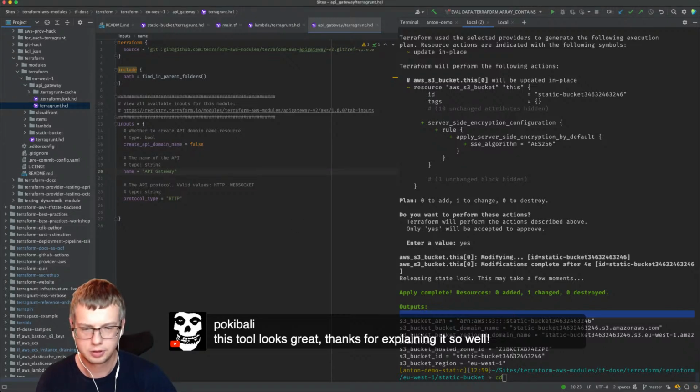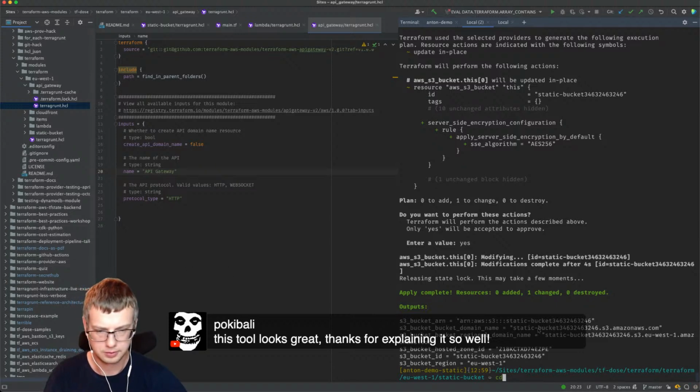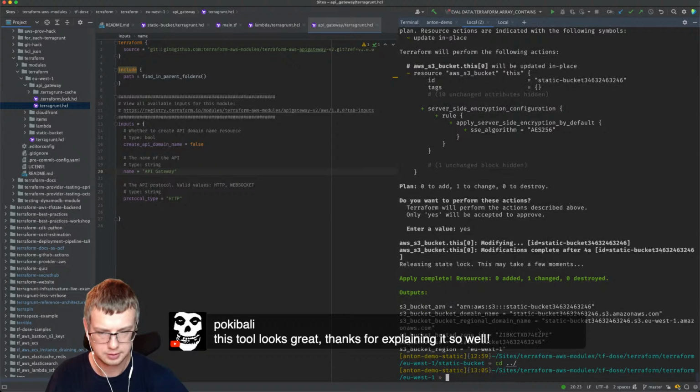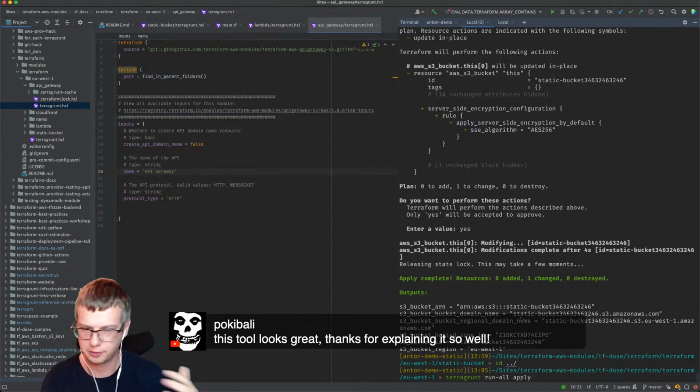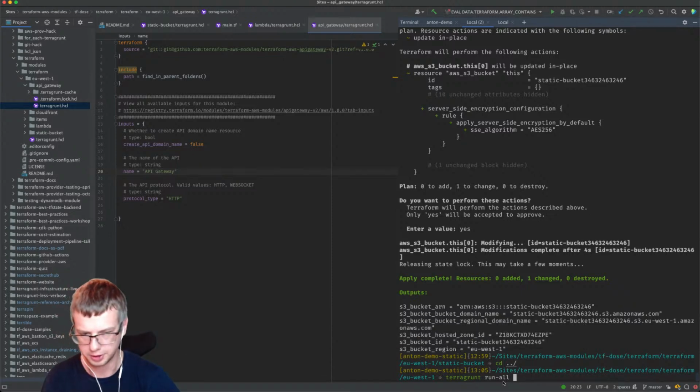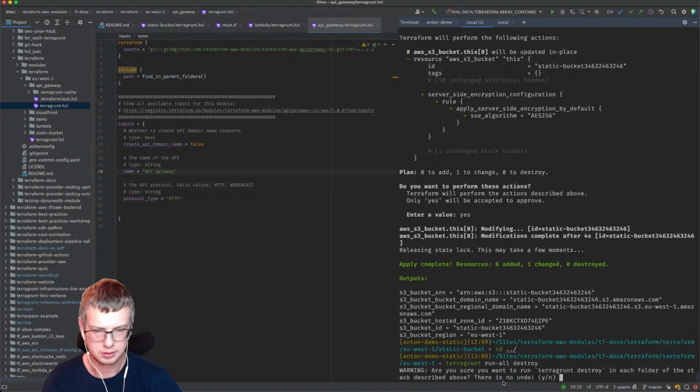So what I just want to show you, we have a little bit of time left, so I will just show briefly. So now when I showed that in this high level or root folder or regional folder EU West 1, I can run a command for Terraform, which is plan, apply, or destroy. So if I now run destroy,